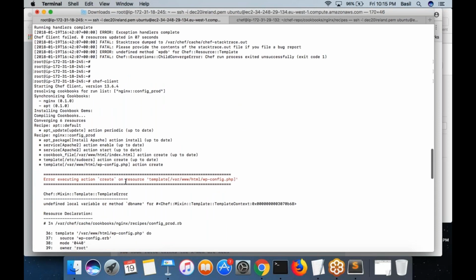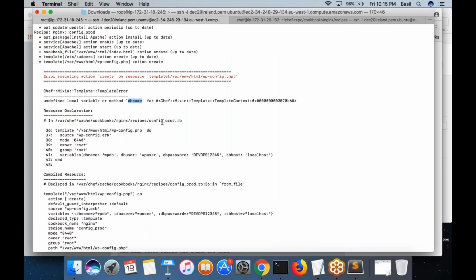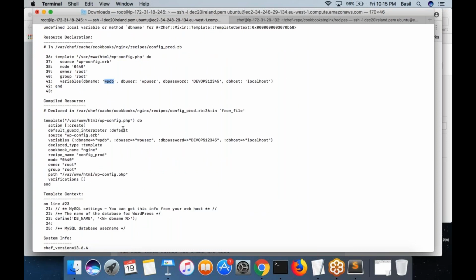Again I got the same. Oh no, that's a different error. wp-config action create: undefined local variable or method db_name. db_name is not defined.